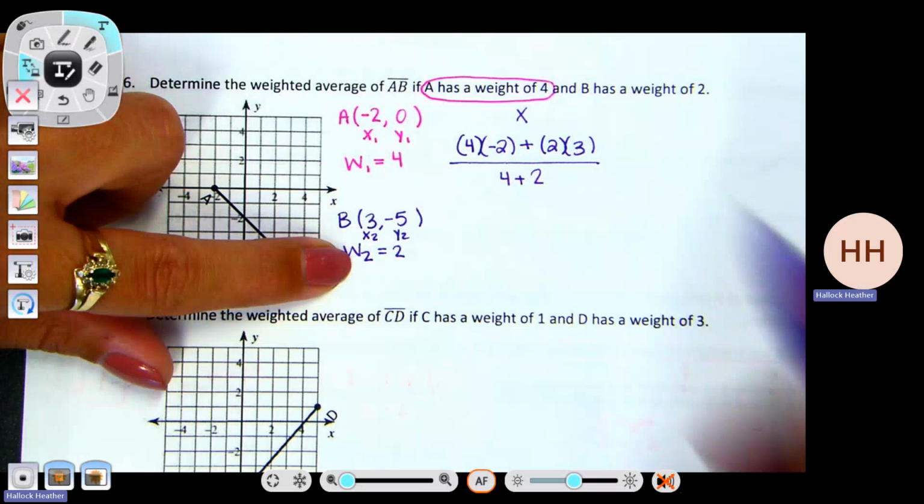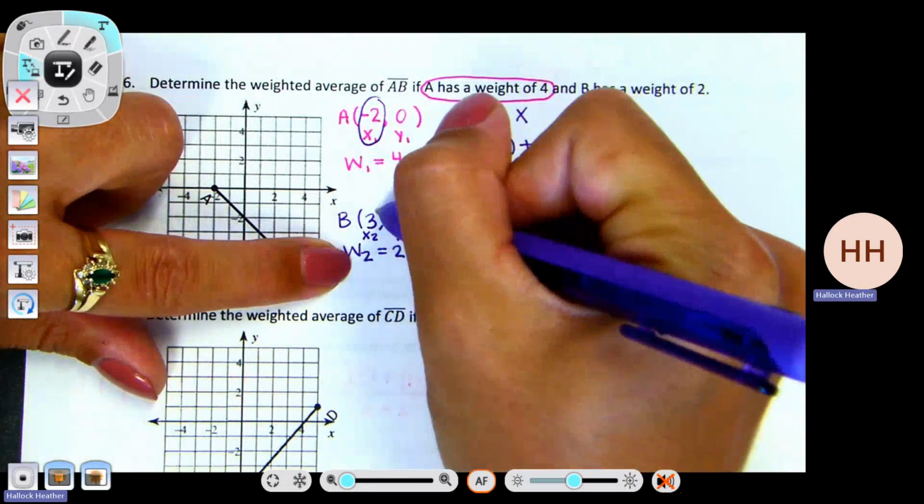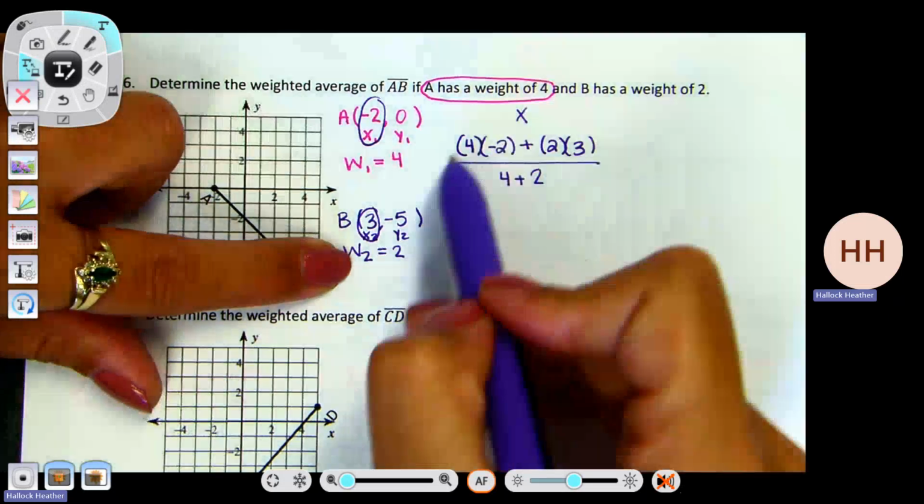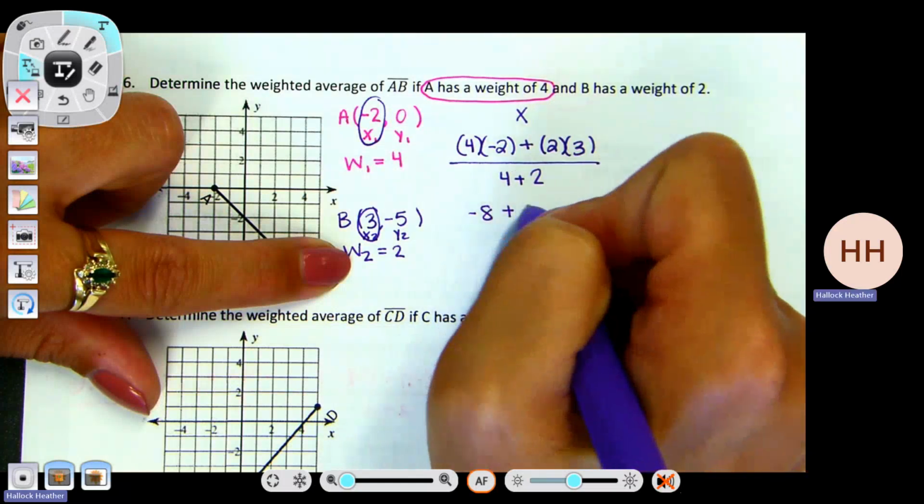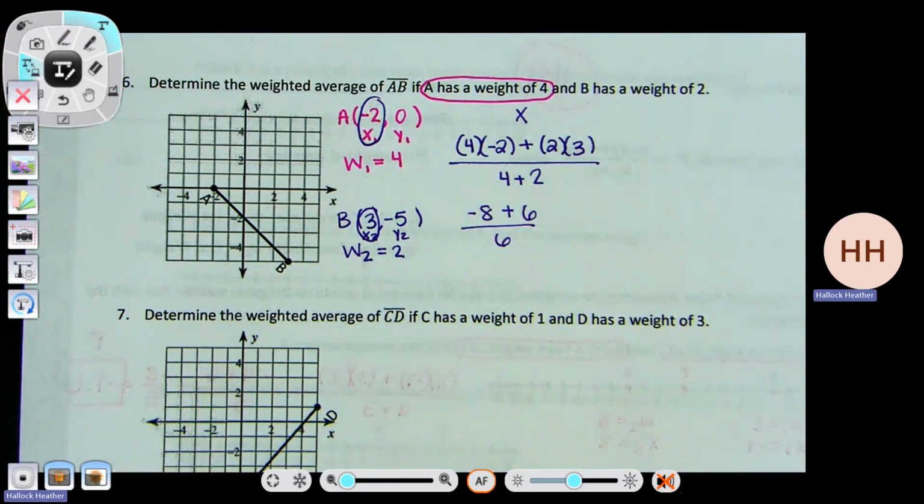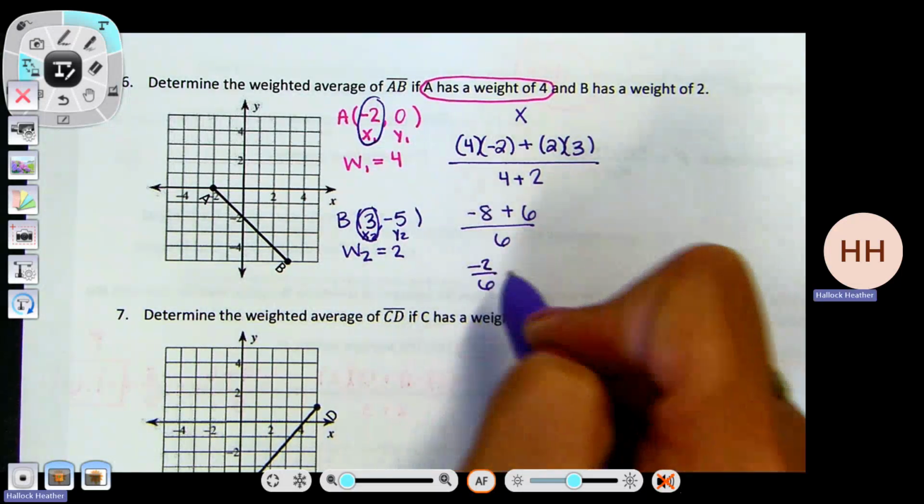Still the same thing. So I'm using this, and I'm using this, and then, of course, using the weights that go with them. I'm just using the x's. So I have 4 times -2, which is -8. I'm adding 6, and I'm dividing by 6. So what's -8 plus 6? -2 divided by 6 is